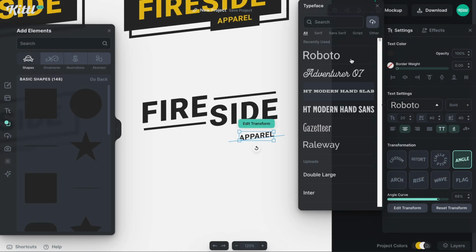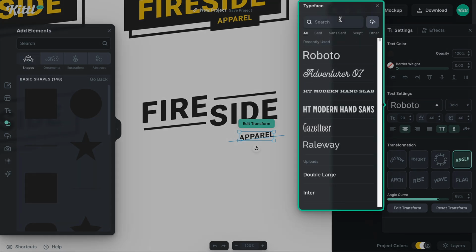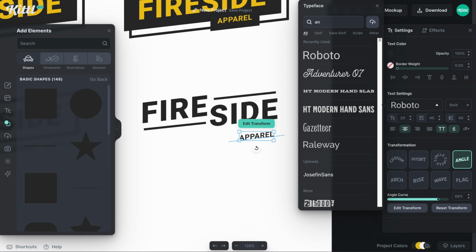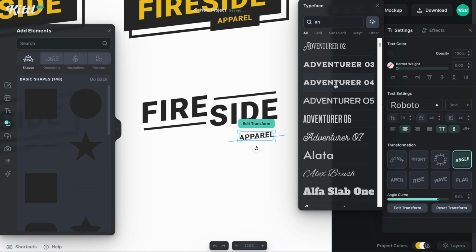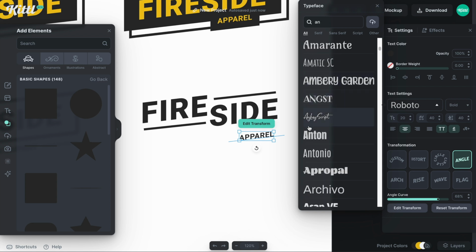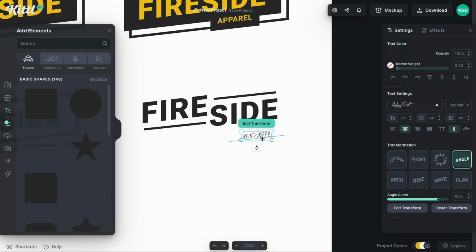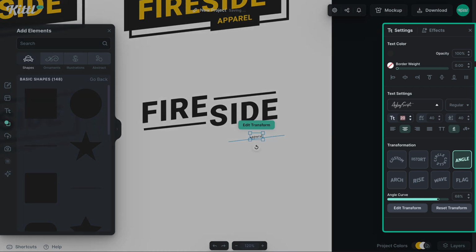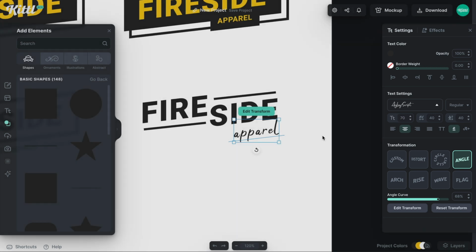So then I'm going to put apparel right here, but I am going to look for a different script font. We're going to introduce a different font here, or maybe a secondary font for the brand. And I like this script right here. And we're going to take off the all caps because we definitely don't want it in all caps. And I'm going to make this say apparel. So now we have two different versions of the logo, but still in the same